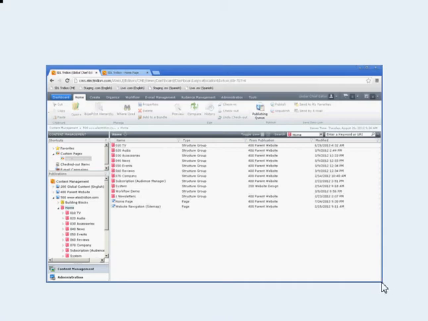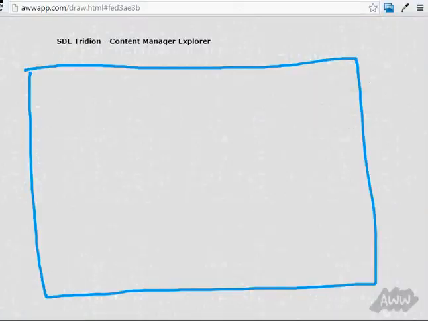I often have to explain the SDL Tridion Content Manager Explorer, or CME, to an audience, for example in training. And I found one way to make the interface connect with an audience is to solicit their feedback via drawing. So for example, if I ask them to sketch out what they think the CME looks like,